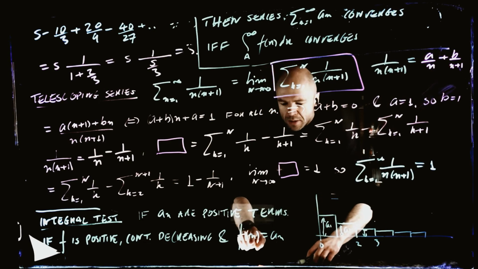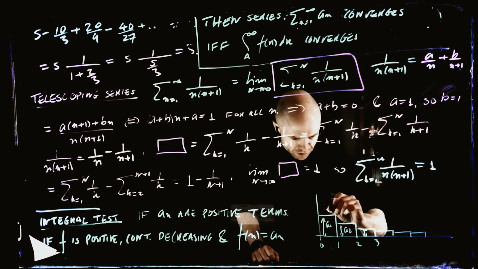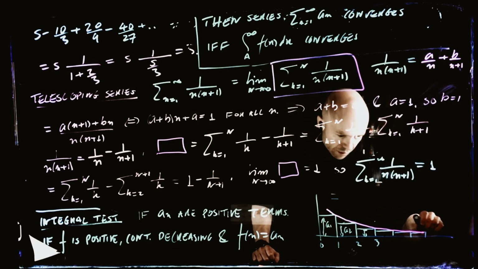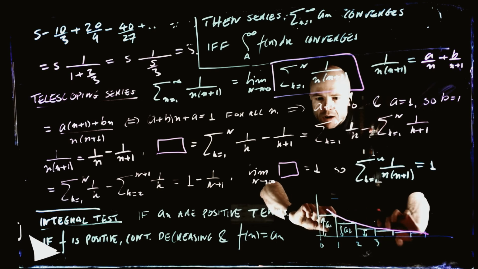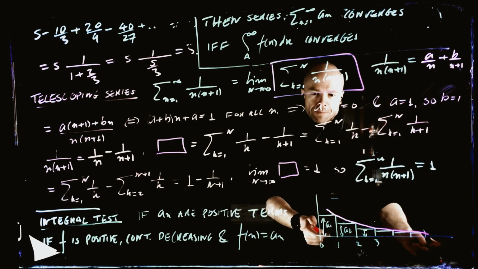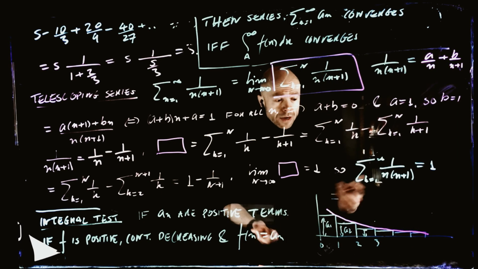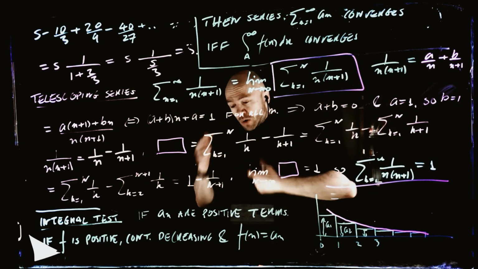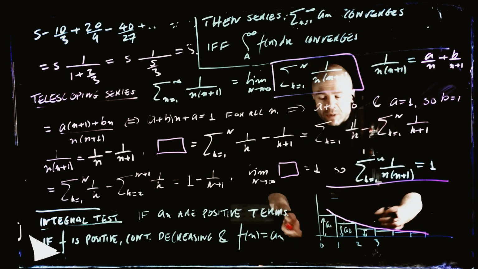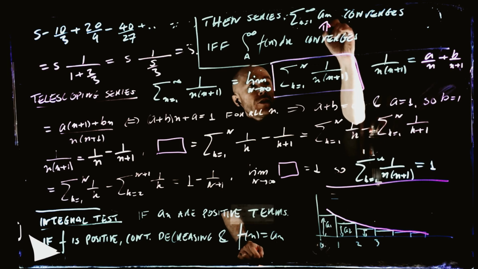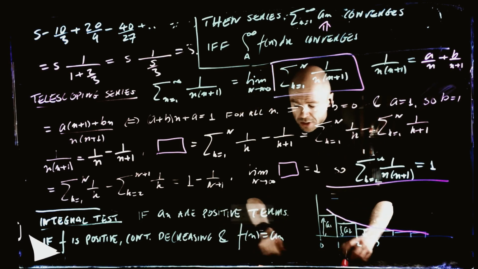So what does this mean? This means that our function is doing this. It's going through like this. So we can just see that if the area underneath the graph of the function is finite, then for sure the area of all these blocks is finite. Yeah? You can just see it just from this picture. And the only thing that is required to see the full statement, because what we have from there is one implication that the finiteness of this implies the finiteness of this, so we see this direction from that statement,